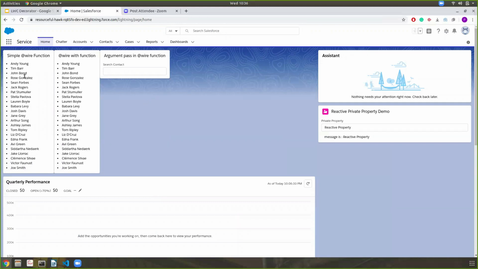So as you can see, there is a listing of contact details, and here when I search for a contact like A and D, it will display this name. I can search any name as you want.